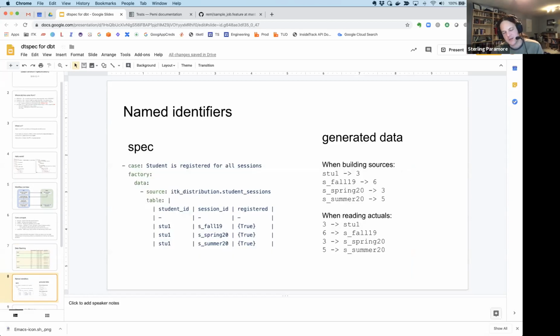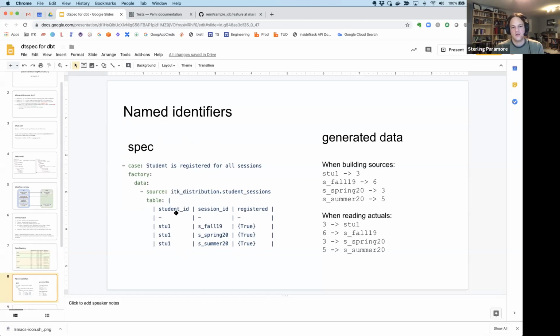So getting back a little bit to the named identifiers, and this is a little bit under the hood of dtspec, but with dtspec we don't worry about the details here. Imagine we want to describe a source data table where you have students, their sessions or terms, and then a bunch of attributes. And in dtspec, we would specify these columns as being identifying columns.